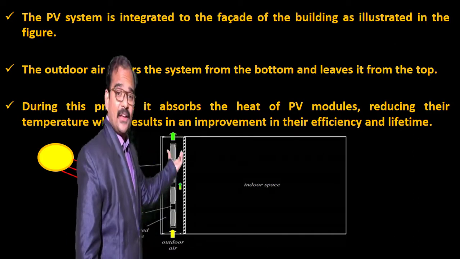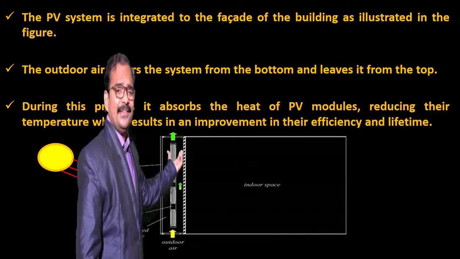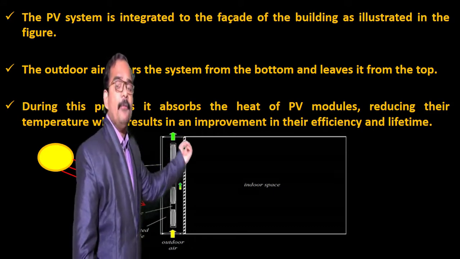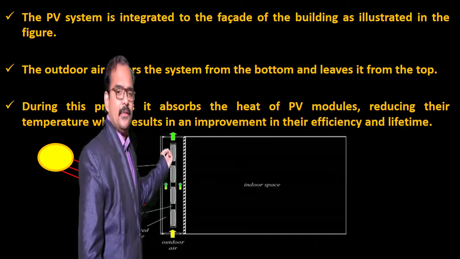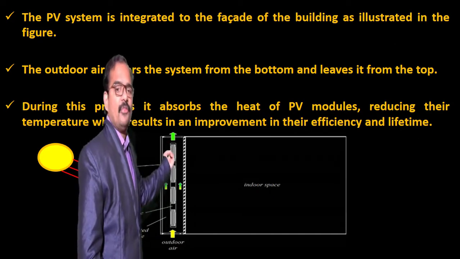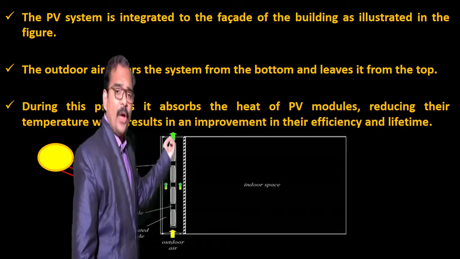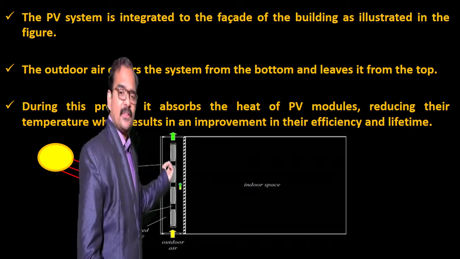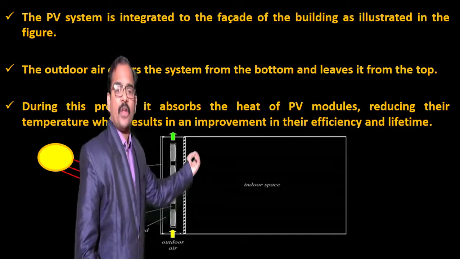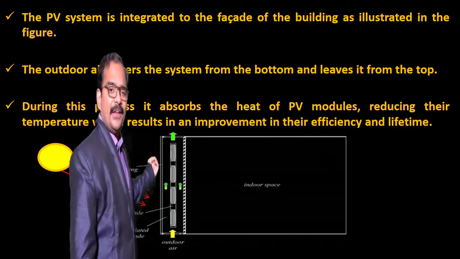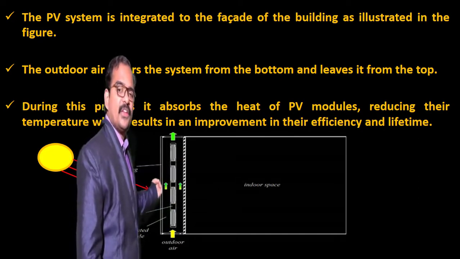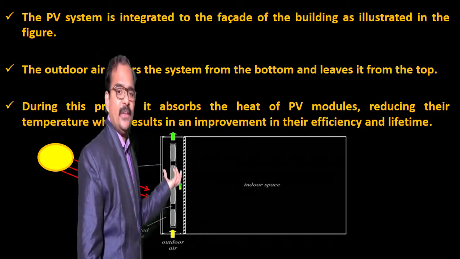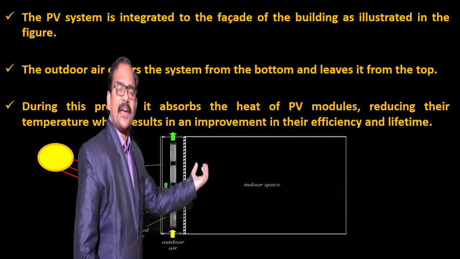So you can see here the construction of this building is in such a way that the solar panels should be kept before the building or integrated with the envelope of a building on the back side, but you have to leave some space between the solar panels as well as the building. And on the other hand, you should also provide a glazing on the front side of these solar panels. So the solar panels have to be kept in between the glazing as well as the facade of a building.